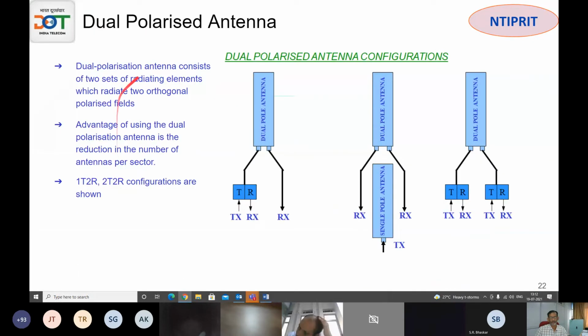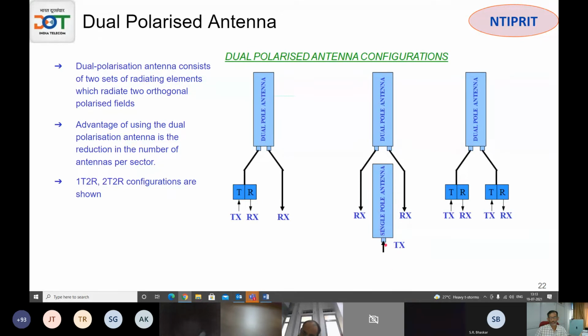So just I want to introduce, you will be hearing many things like 2T 2R, 4T 4R, 8T 8R, 64T 64R. What are these? T is transmission. Suppose you have a dual polarized antenna. It will basically have 2 ports. So both the ports we can use for transmitting, then it becomes 2T, like we are seeing here, and you can use both of them for receiving also. If you use it like that by having a diplexer, you transmit in both the ports and receive in both the ports, then you have a 2T 2R kind of configuration.